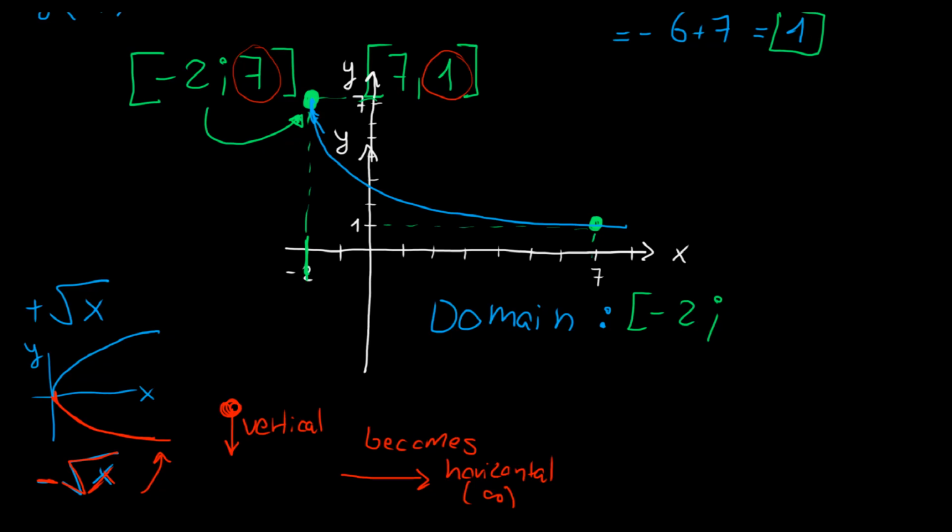Now careful, don't put 7. 7 would be a mistake. It goes all the way to infinity. We cannot plug in any numbers that are to the left of -2 because you'd get a negative square root. And the range of this function